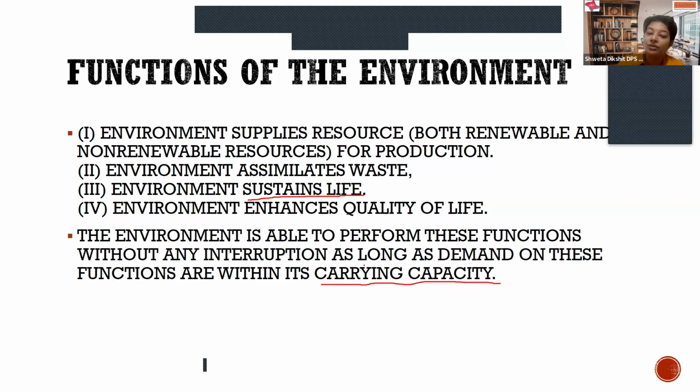There's again a question which is generally asked repeatedly in the sample question papers. That is, what are the reasons why carrying capacity is important for the earth or environment? It is very important to perform all the functions mentioned above. So you just need to start with carrying capacity and then add all these points as the importance of environment. This is how you can finish that answer, which is asked multiple times.